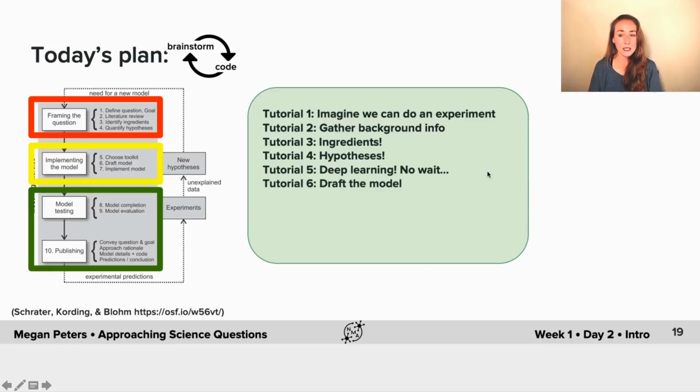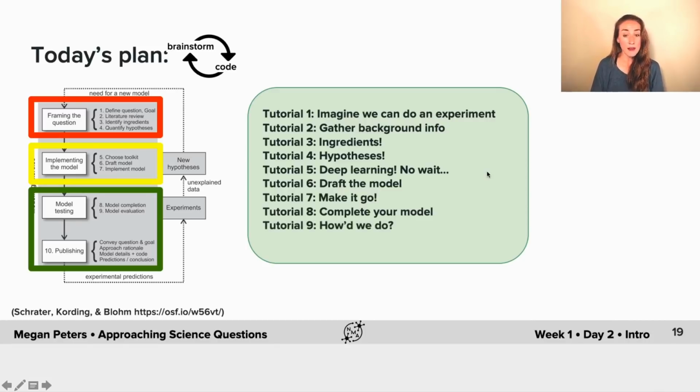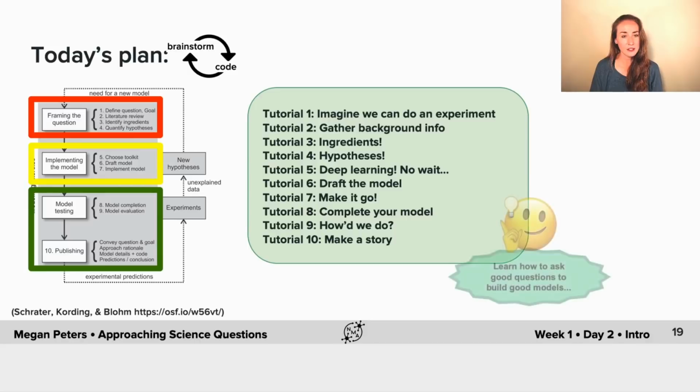We're going to get into diagramming the model and implementing the model, completing it, polishing it up, and then evaluating it to see how well it actually does in describing the phenomenon in question. And then, of course, you want to make a story. You want to make your findings into a nice narrative so you can end up getting it published. So today is really strongly theoretical, but remember, the best way to pick the best model for the job is to start to develop that intuition, to learn to ask great questions so you can really build good, informative, and powerful models.